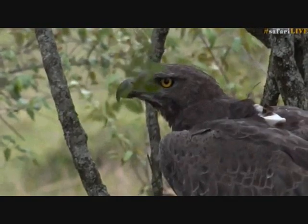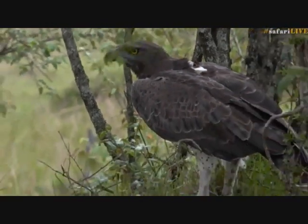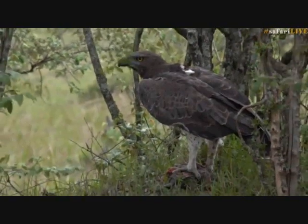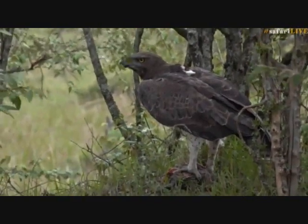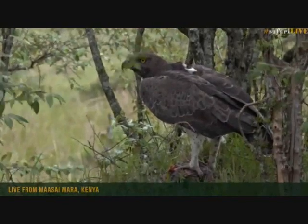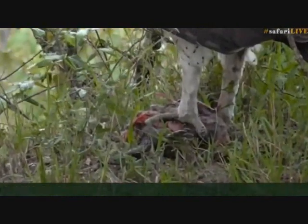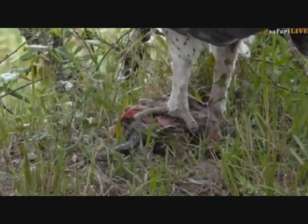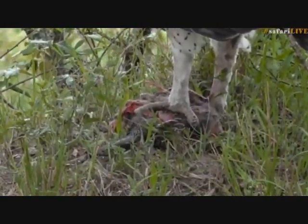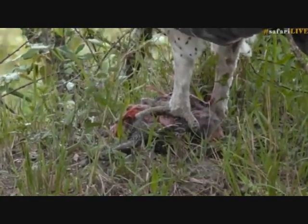Oh my word. This is hands down the best martial eagle sighting I've had. In the Sabi Sand in South Africa, we often see them catching water monitors, which is pretty spectacular too. I have seen martial eagles with bird kills every now and then, but more so with, of course, the monitors, and they make for the most amazing silhouette. I've been very fortunate to have one up against a beautiful skyline, dangling it off a tree, which